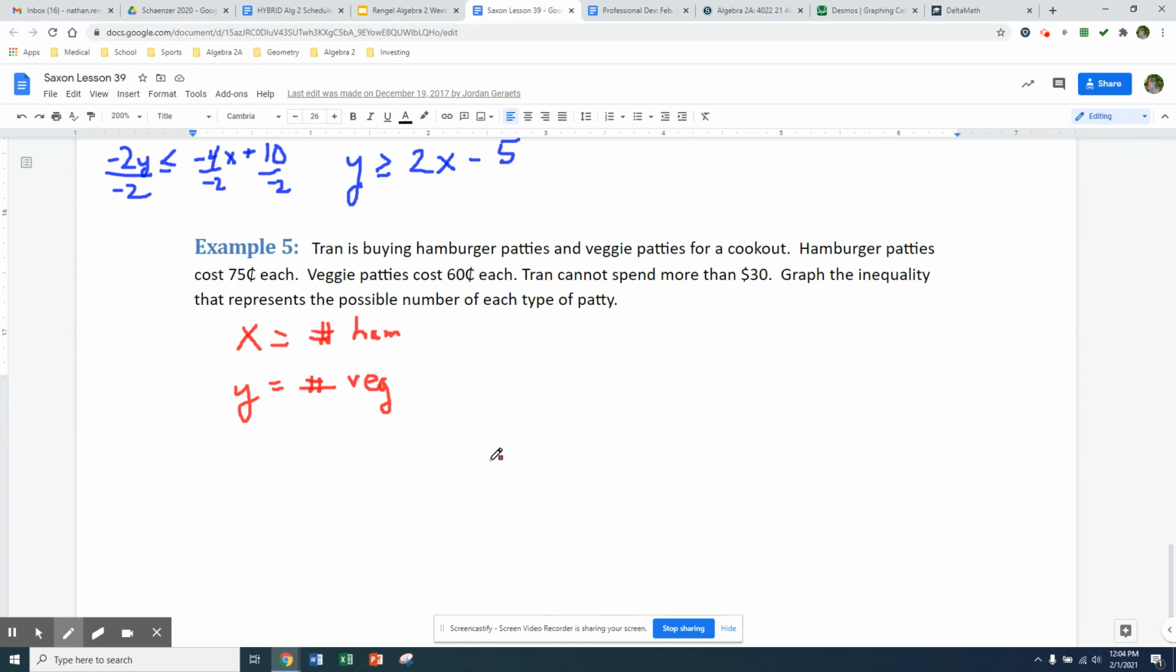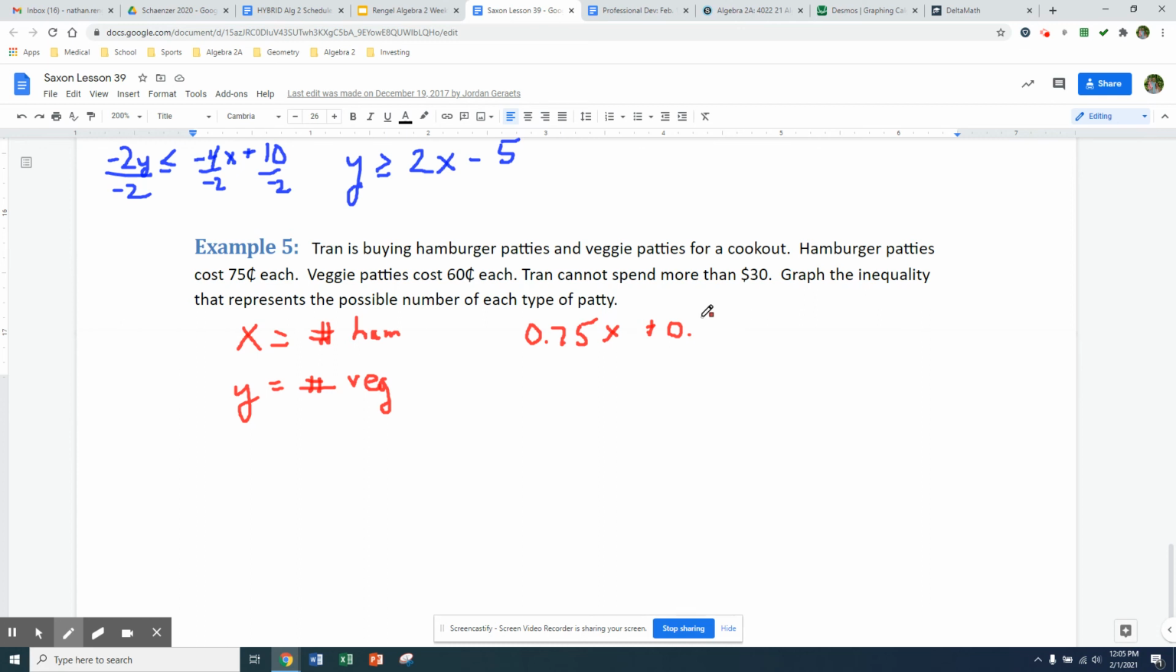Now, the hamburger patties and veggie patties each have a cost per hamburger patty and per veggie patty. And to figure out the total cost of buying multiple hamburger patties or veggie patties, we would multiply the number of items we buy times the cost of each. So in our first case, which is the hamburger patties, we're going to take 75 cents, which is 0.75, times the number of hamburger patties plus